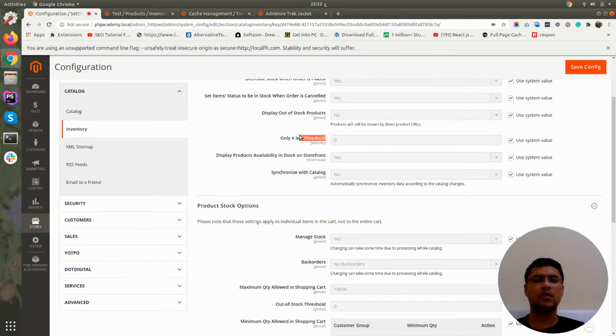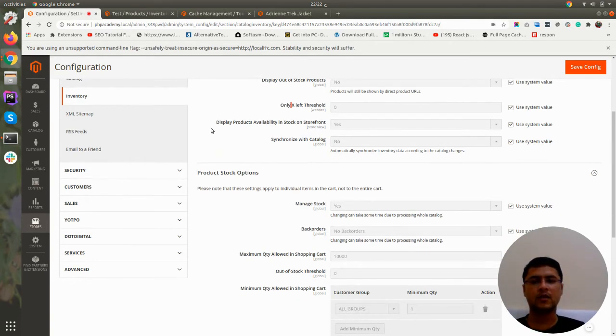If you want to give this indication to customers, you can set the threshold here. Then display product availability in storefront, so you can show the message in stock or out of stock to customers.